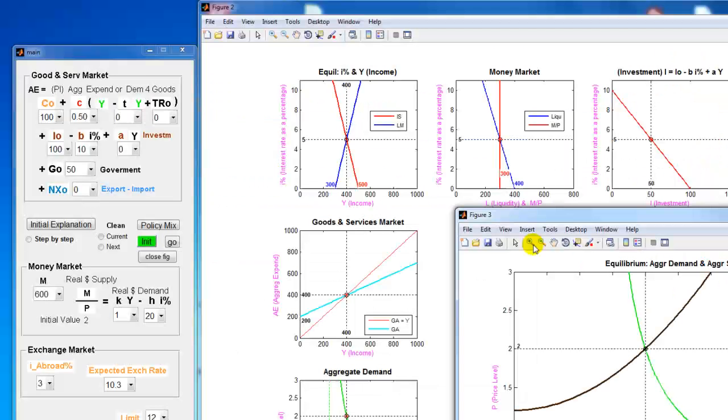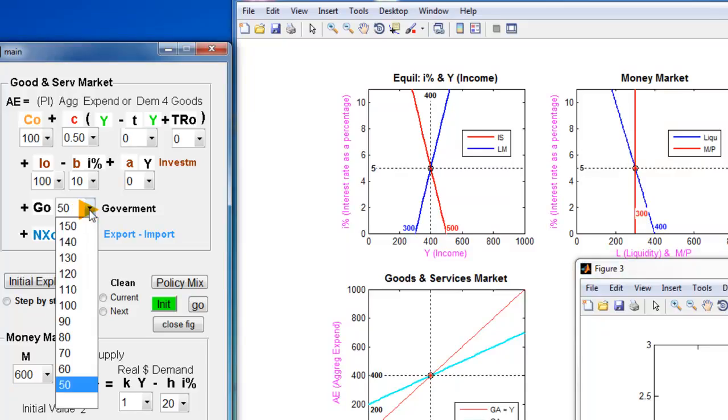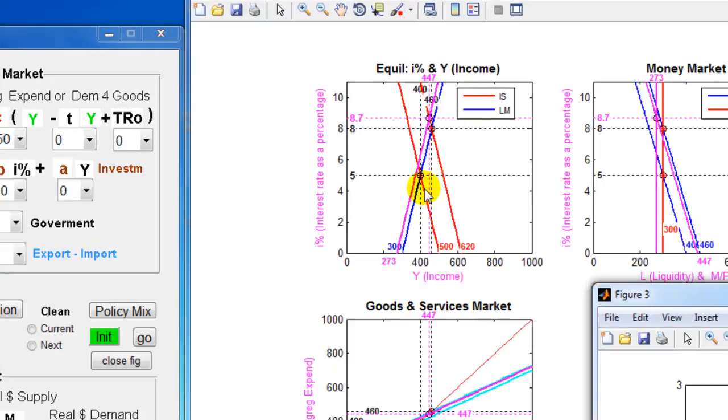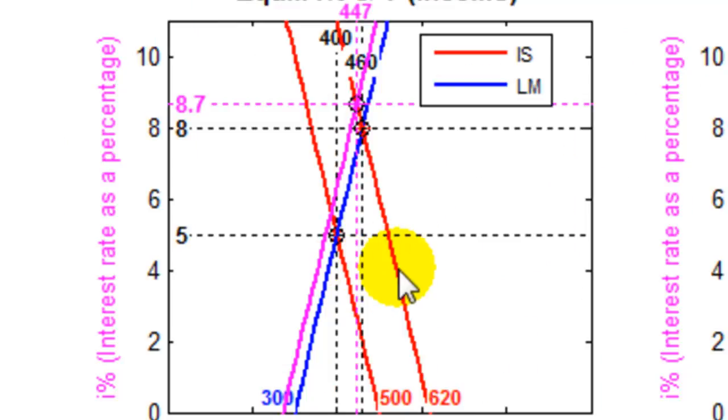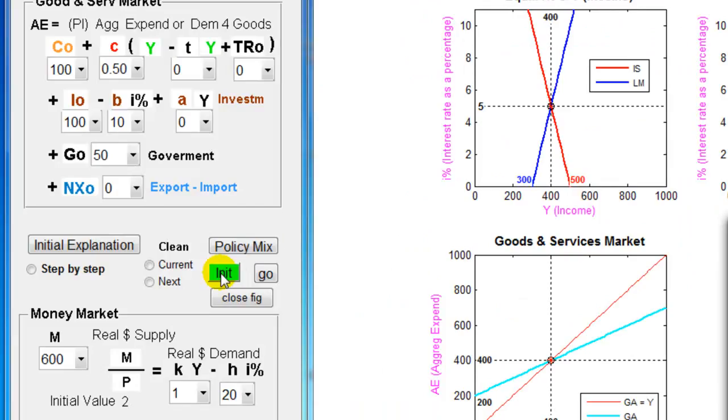So as we said recently, if we increase government expenditure by a lot, we can see clearly the effect. We'll go from 50 to 110, and then we can see two effects. First, a shift of the IS curve, and second, a shift of the LM curve. Now in this video we're going to see only this first shift. So we start from scratch, and now we are going to go step by step, increasing government expenditure from 50